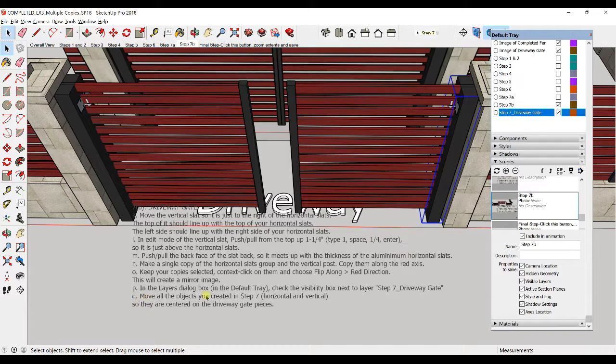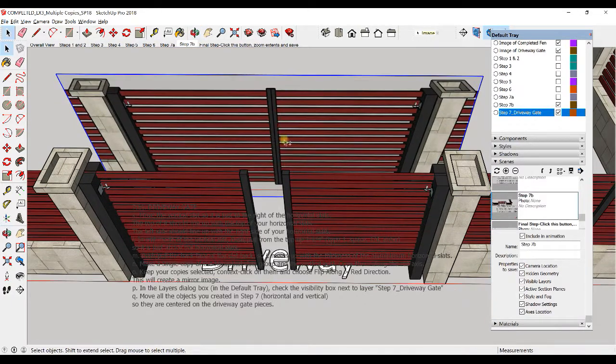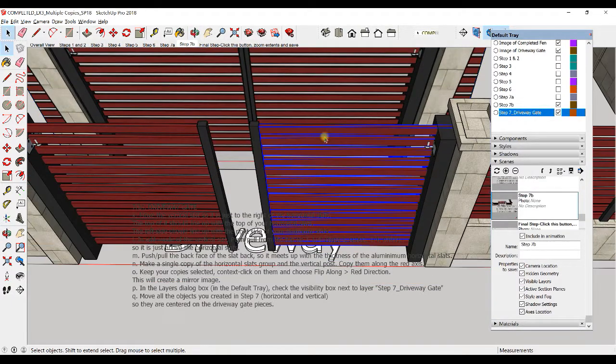Step Q says move all the objects you created in step 7. So that's the horizontal slats and the vertical slats, so they are centered on the driveway gate pieces. So that would be these end pieces. So I think what I need to do is move this horizontal and this vertical over, and this horizontal and this vertical over, so they look just like this image back here. I think the easiest way to do this is